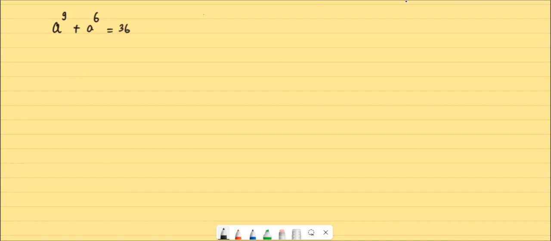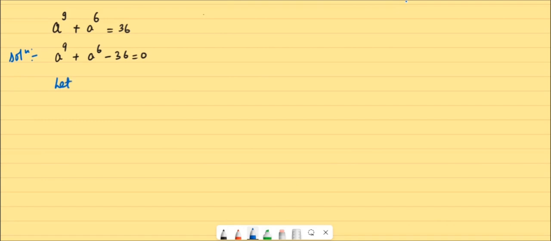So as you can see, the question says a to the power 9 plus a to the power 6 is equal to 36. Okay, so first I can bring 36 to the left-hand side and rewrite the equation as equal to 0. Okay, right. So